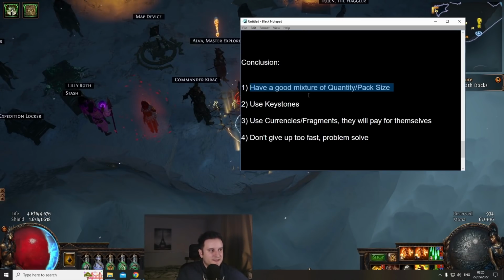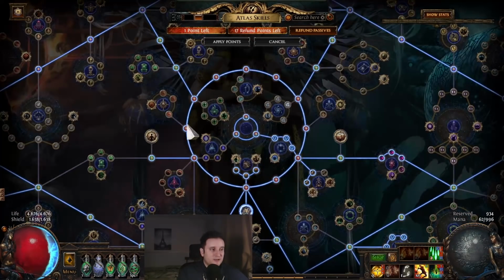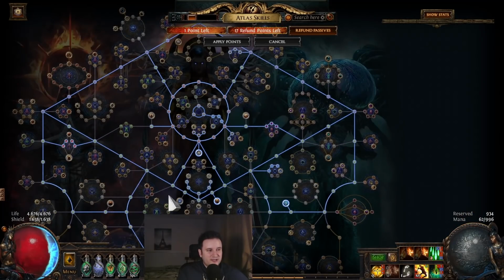Well, number one, it is important that you have a good mixture of quantity and pack size, right? You can have the most quantity that you want, right? You can take all the quant nodes here. You can chisel your maps and whatnot. But if you don't actually have any content to play within your maps, well, that quantity will not be applied